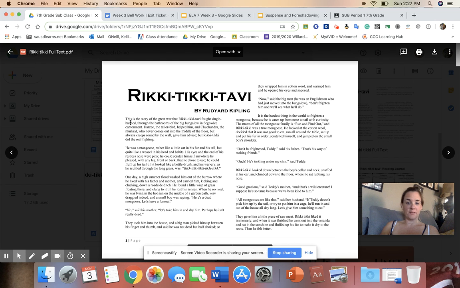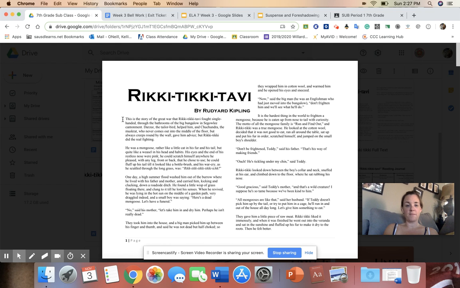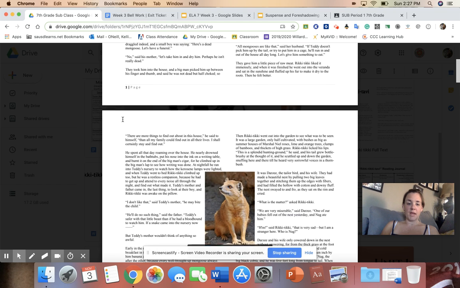And even just right here where it says, "This is the story of the great war that Rikki Tikki Tavi fought single-handed through the bathrooms of the big bungalow in Sagoli Cantonment." That sentence there hints to us that, I think it hints that he won, because it said he fought single-handed. So that to me means that he very well might win. And then again,